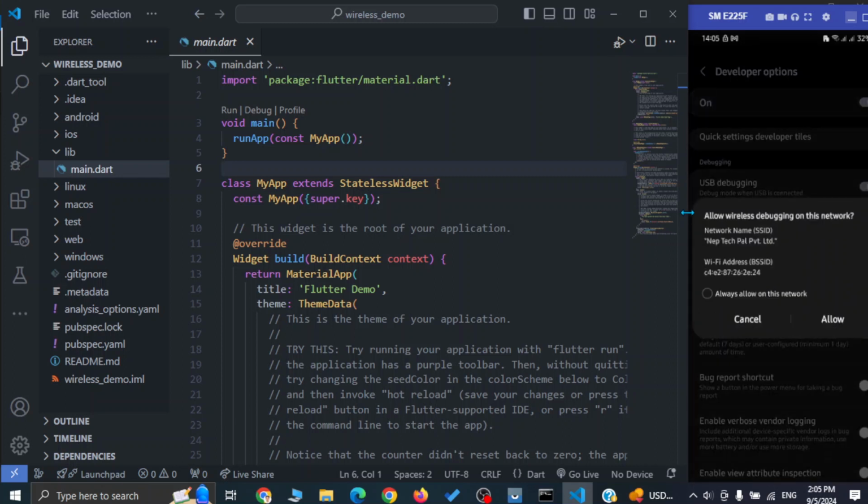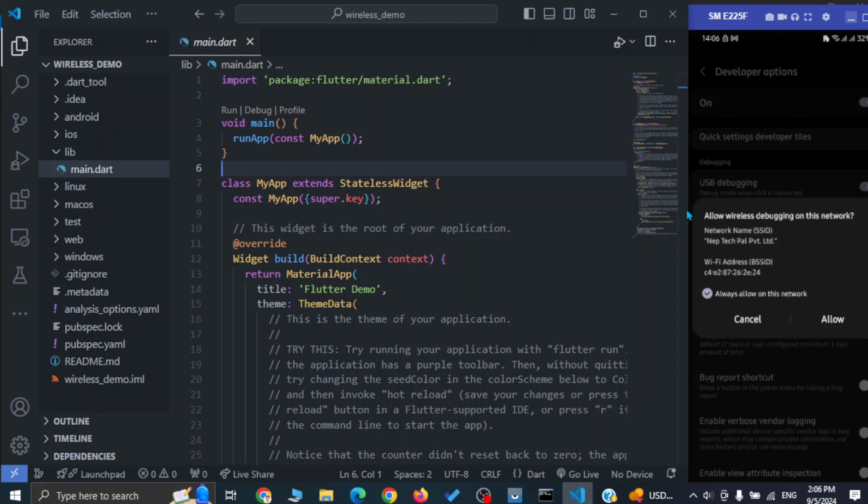Enable this, and here we have a warning like allow wireless debugging on this network, and here is my Wi-Fi network. To make wireless debugging possible, the host PC and the target Android mobile must be connected in the same